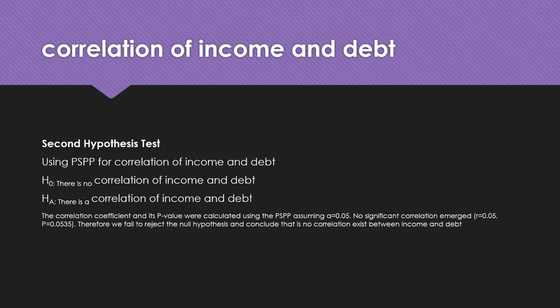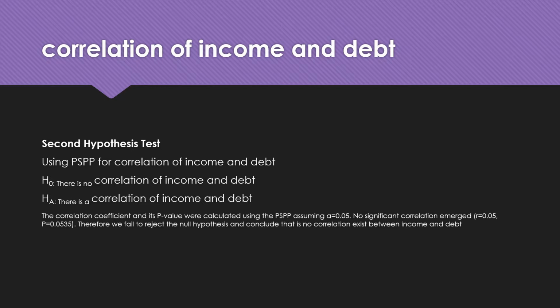Correlation of income and debt. This is the second hypothesis test, again using the PSPP for correlation of income and debt. The null hypothesis states that there is no correlation between income and debt, and the alternative hypothesis states that there is a correlation between